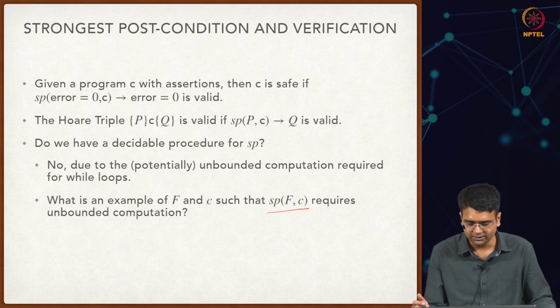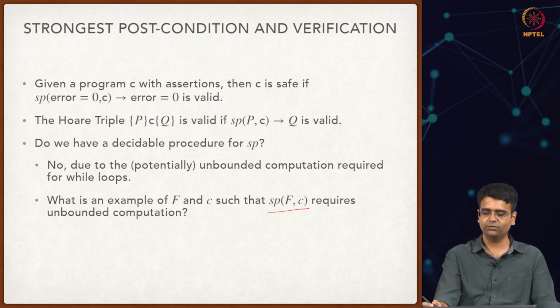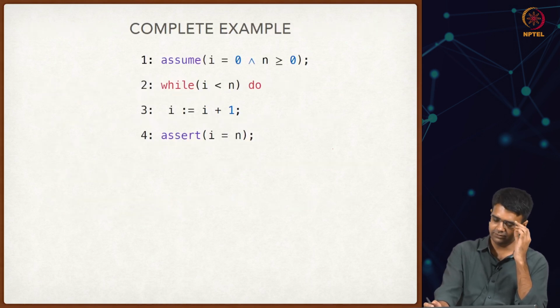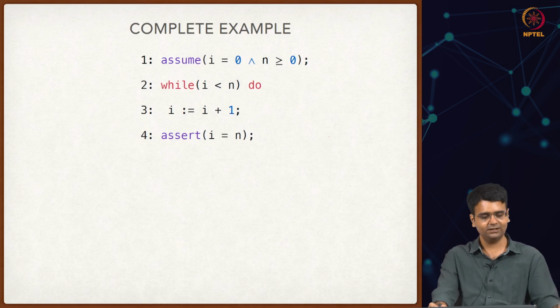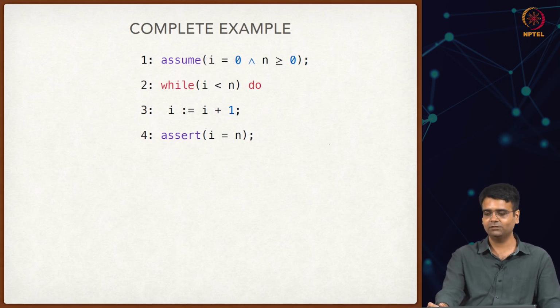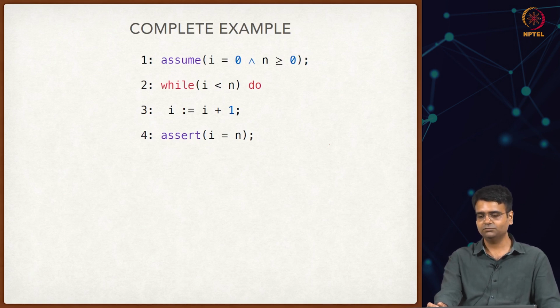So as an illustration of the entire SP procedure, let's look at this program. This is a program that we have seen way back when we started the module. A simple program which counts up to n. So it starts with this assumption that I is equal to 0 and n is greater than or equal to 0. And then it just counts up to n. So while I is less than n, I equal to I plus 1, and finally,